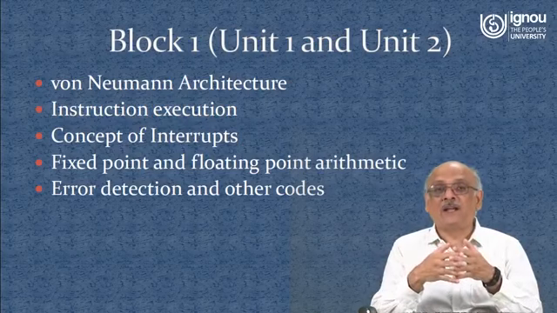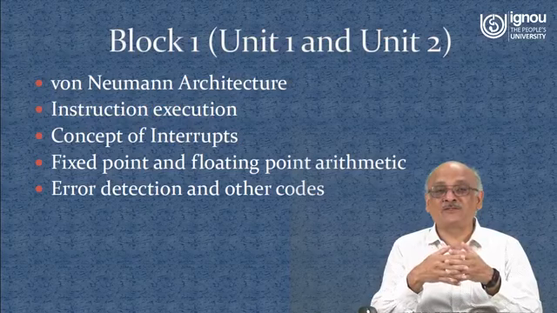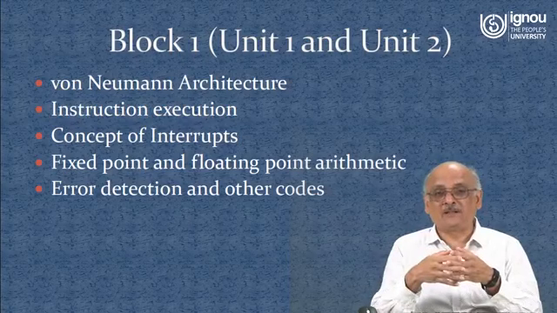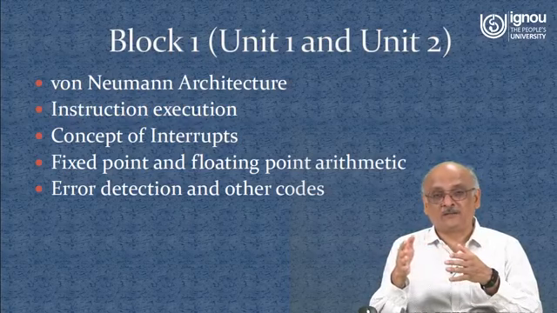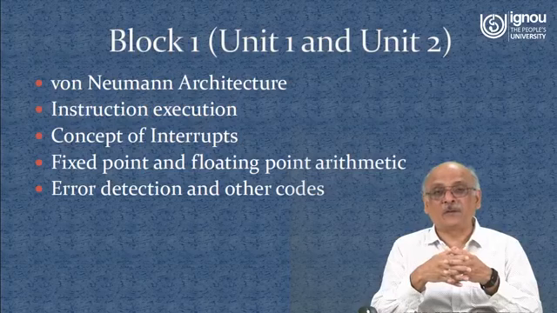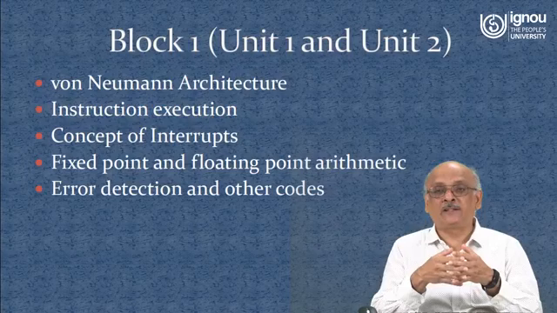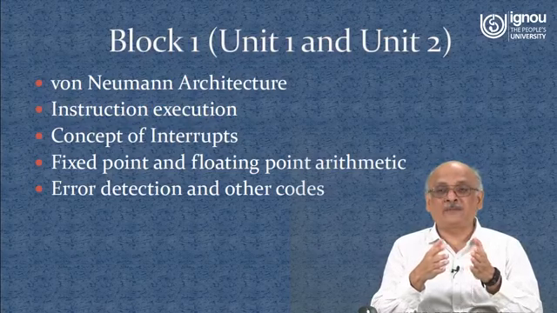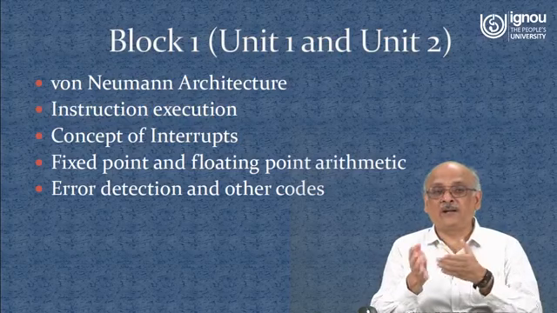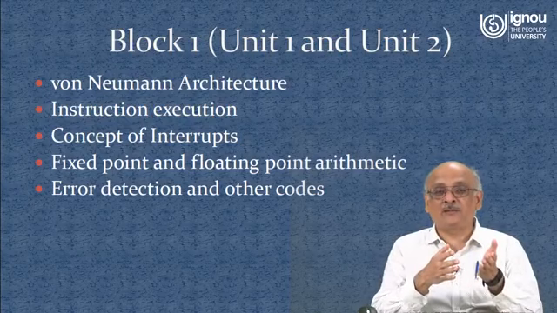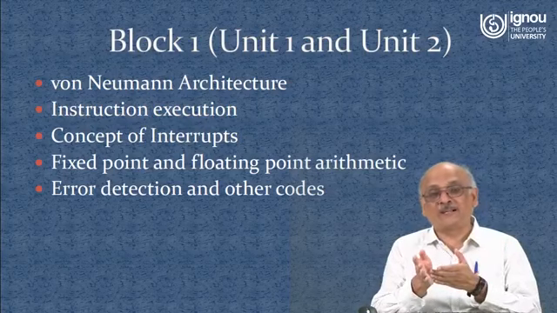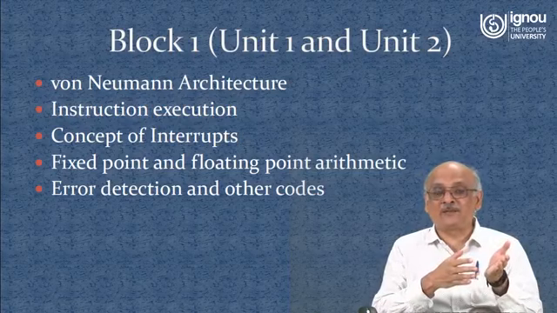into existence, and one of those architectures happens to be the reduced instruction set computer architecture, which we might like to define a little bit later, but it has been discussed in one of the blocks of this particular course. Then there is a simple discussion about fixed point and floating point arithmetic. Now what you need to understand is fixed point is very important, but fixed point arithmetic represents a number range. For example, with 8-bit 2's complement notation, you can represent -128 to +127, and if you use 16-bit representation,